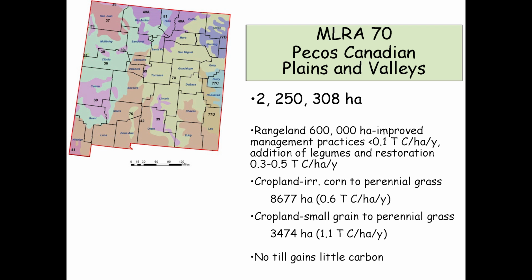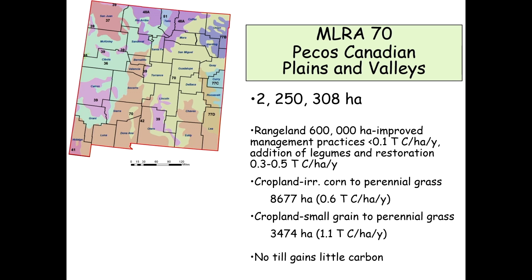So just as an example, we use Major Land Resource Area 70. That's this sort of pale green area here, represents where there's the most potential in terms of rainfall, where the soils are largely mollisols, relatively fertile soils. So we just ran some scenarios using the Century model to see what we could do. There's about 600,000 hectares of rangeland in there. Management's going to get us less than a ton of carbon per hectare per year. That's assuming that we have an average climate. So not bad.